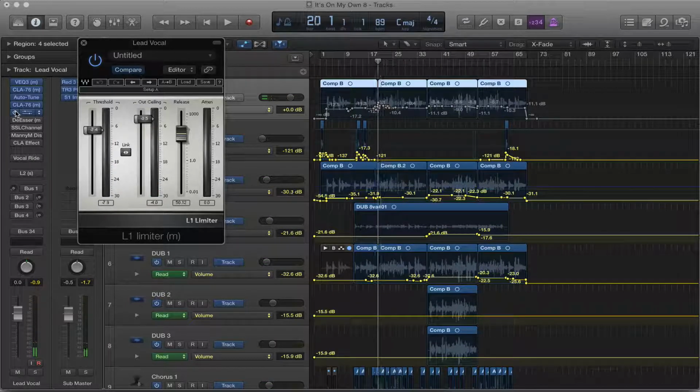I mean, yes, it crushes the sound, but it really helps the vocal to sit in the mix a lot better. So let's see. So before we were around